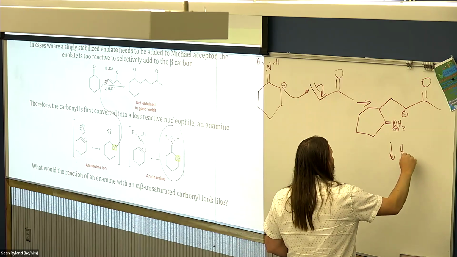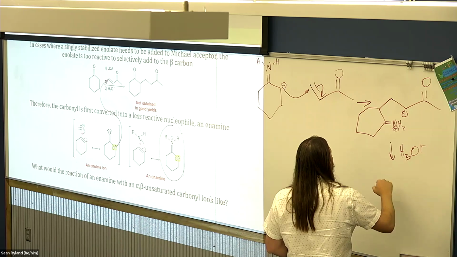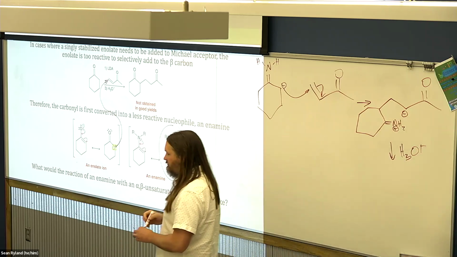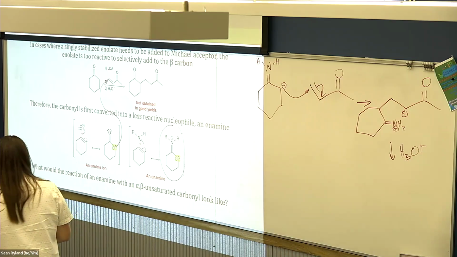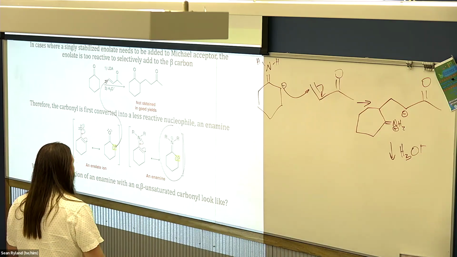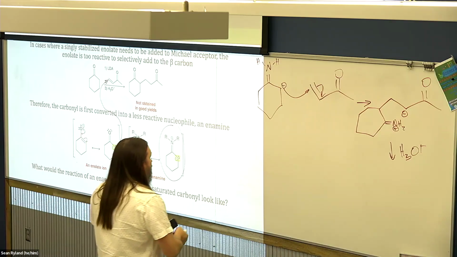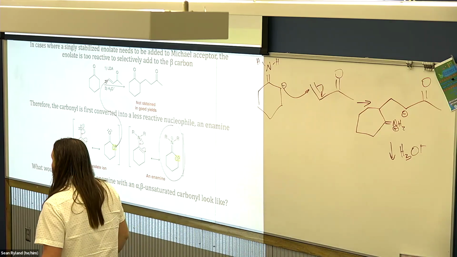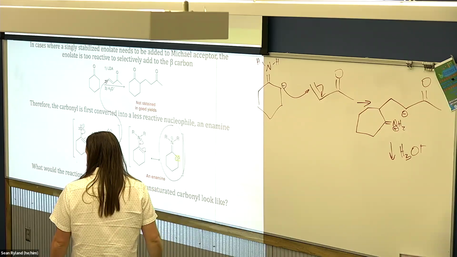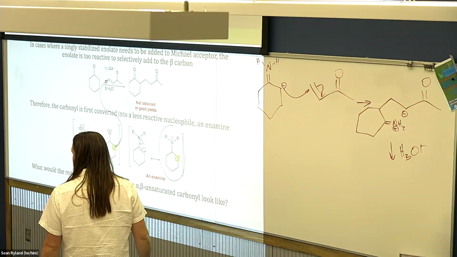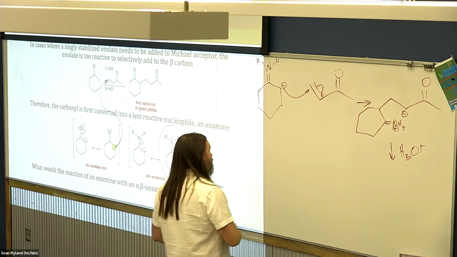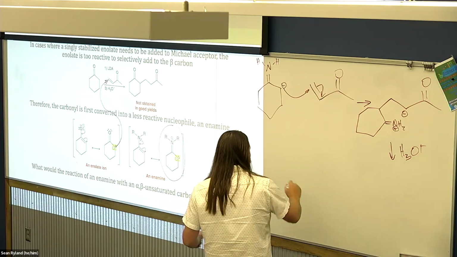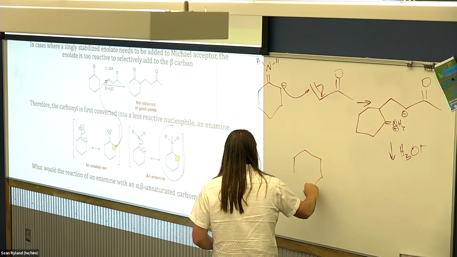And then if we add a little mild acid workup, we're just going to protonate that negative charge. If we're under acidic conditions, yes, because it has a lone pair that can be protonated pretty easily. If we put it under neutral conditions, we're just going to pull one of the hydrogens off of the nitrogen. So initially,